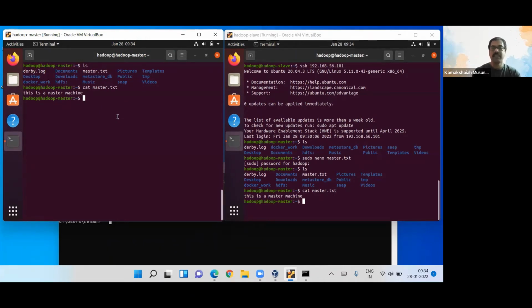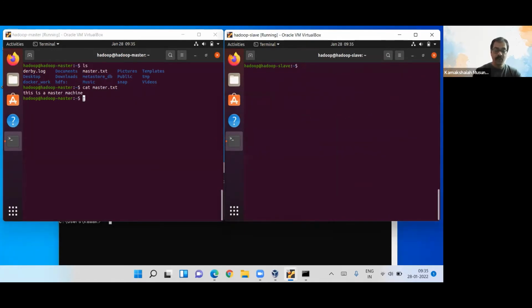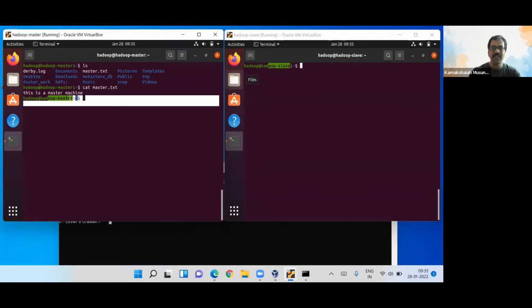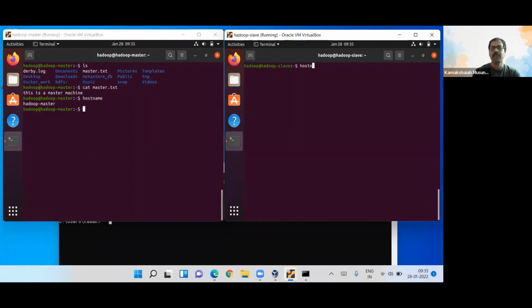There is another way. See, I will exit here. Now I'm in the slave, I came back to the slave. It is also possible to log in through domain names. I mean, it's not DNS actually, it's the host name, the name of the machine. This is Hadoop master, and this is Hadoop slave. Now it is also possible, instead of using the IP to log in,